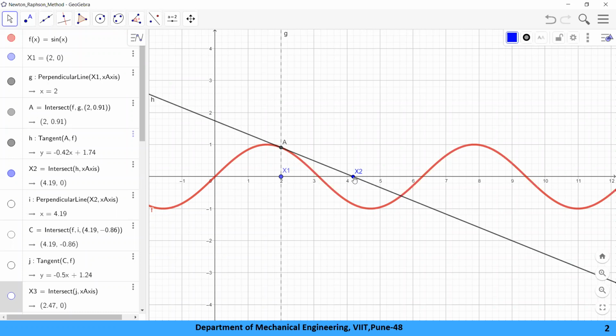If this is not the root, you will check it by the maximum number of iterations or the error accuracy part. If this is not the root, you need to proceed with the second iteration. For the second iteration, this x2 value becomes the x1 value, and you have to follow the earlier procedure. What is that earlier procedure? Evaluate f of x2 now. That means here I will drop a perpendicular at this point. That is your point C. What are the coordinates of point C? x2, y2, where y2 is nothing but f of x2. That means we put x2 into the function. Then draw the tangent from this point to the curve.